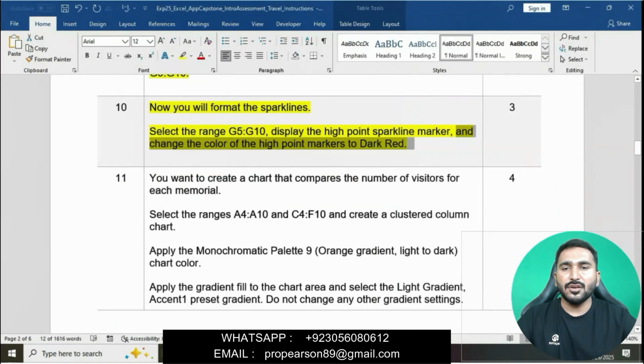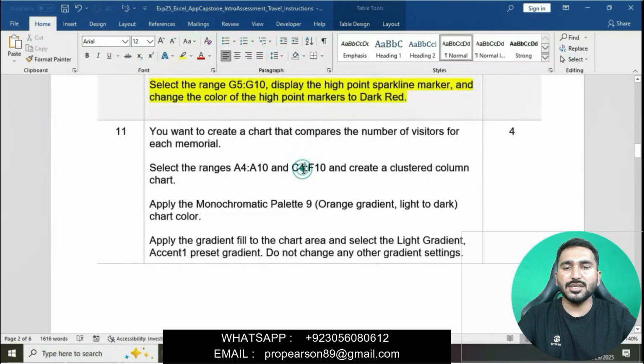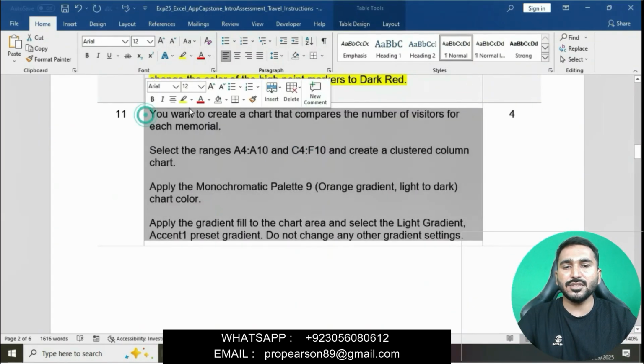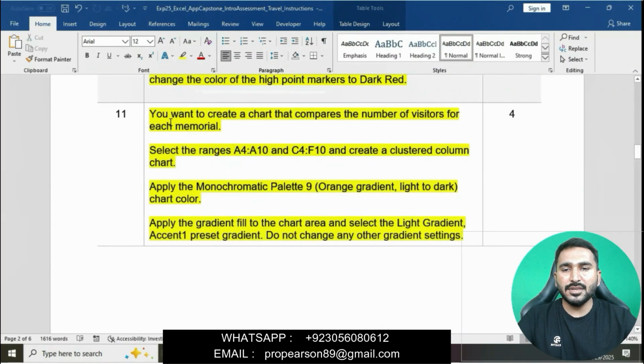Now moving on, the next question is question number 11. I have done 10 questions right now. Question number 11 is that you want to create a chart that compares the number of visitors for each memorial. Select the range A4 to A10 and C4 to F10 and create a clustered column chart.